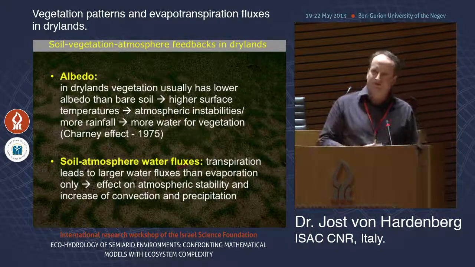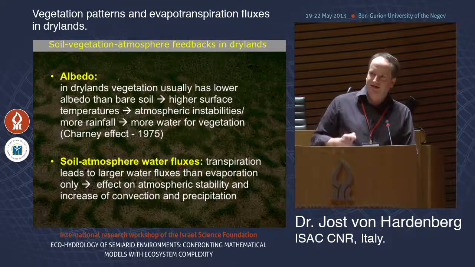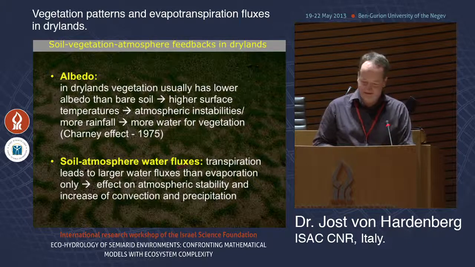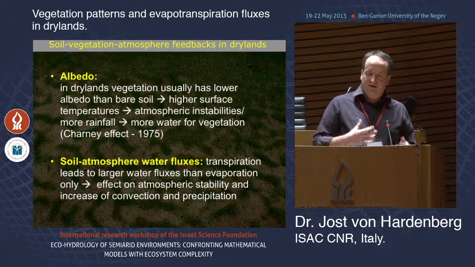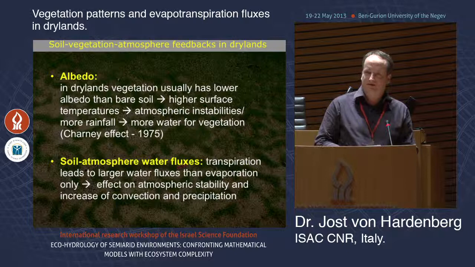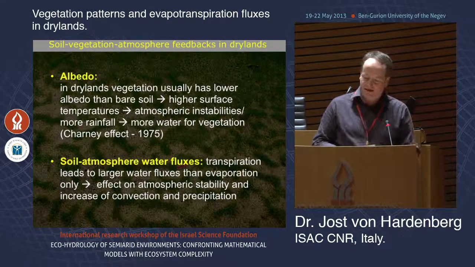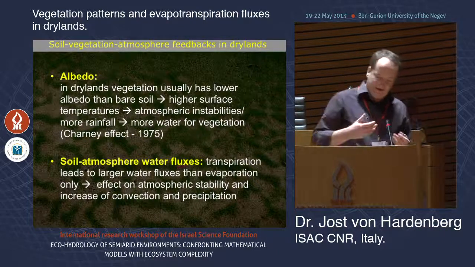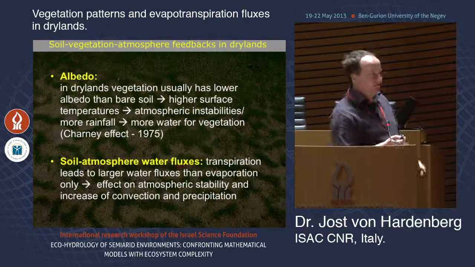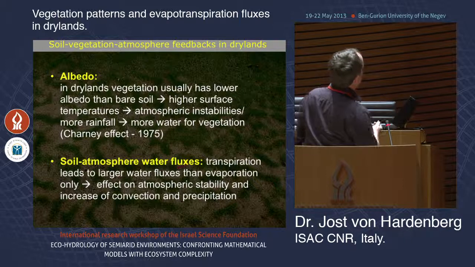These feedbacks, of course, occur at a wide range of scales. We can talk about the microscales. We have seen canopies in these past days. But there are also effects on very large scales, which can actually regulate and change, at least at the regional level, local climate. And then lead to actual feedbacks. There are a few examples which are quite well known. The most famous one is probably the Charney effect.